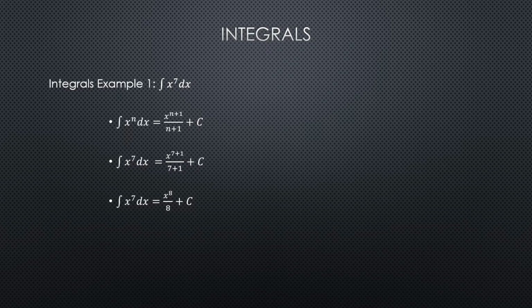So you've got a dy on the other side, and then they replace the dy with the integral sign, and what they're saying is find the integral, or the original function, of dy/dx equaling x raised to the 7th power. So again, we're going to look at our integral format: the integral of x raised to the n power dx equals x raised to the n plus 1 over n plus 1